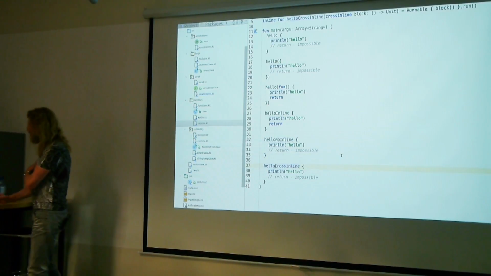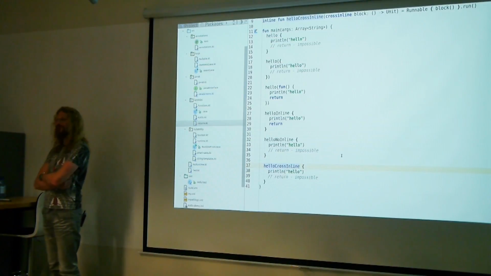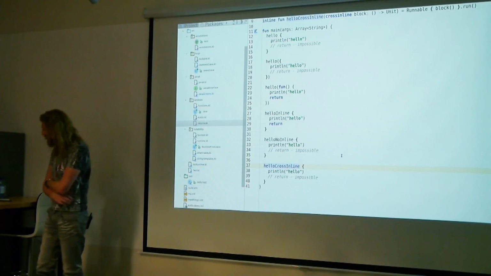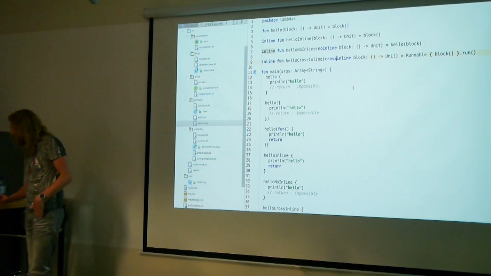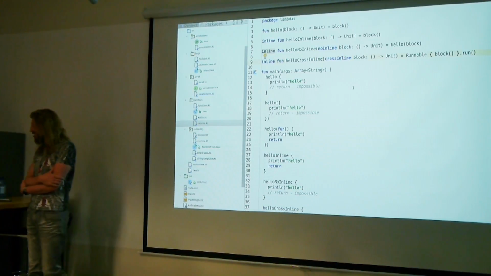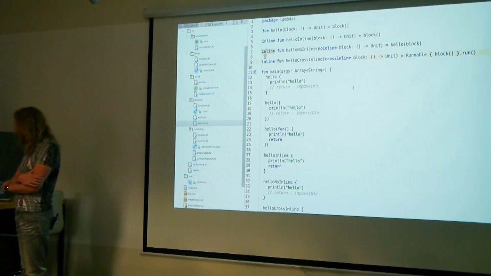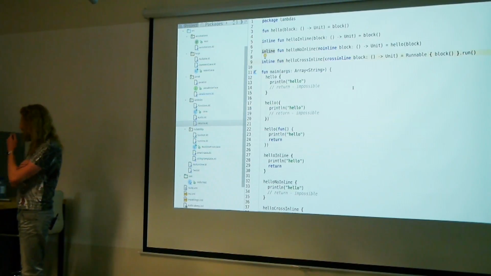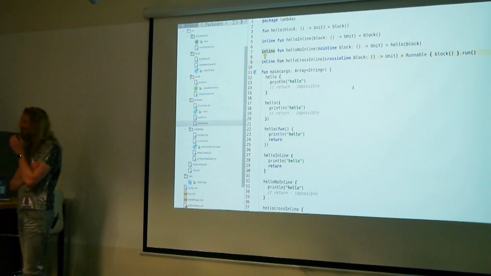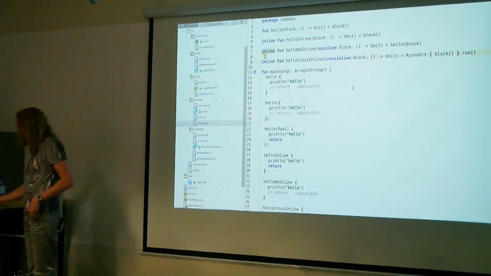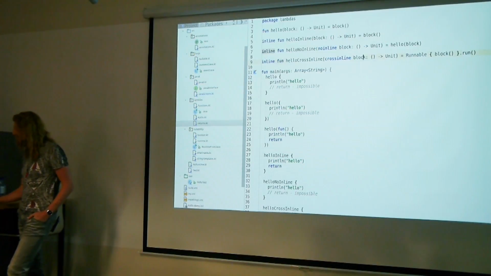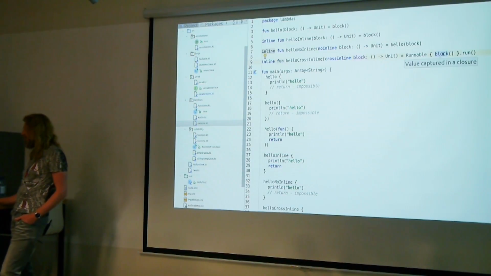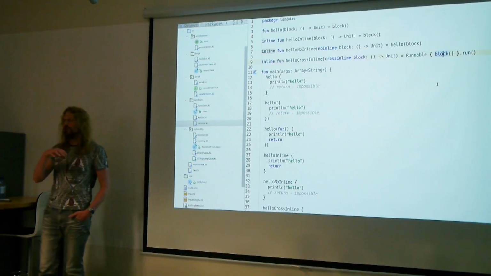And there is also another thing which is to confuse you all even more. It's called cross-inline. And cross-inline is another tricky modifier, let me remember what it means. It's pretty hard to understand. It means that this thing is inlined, but it is inlined inside of another context which cannot return.